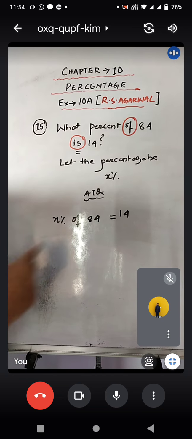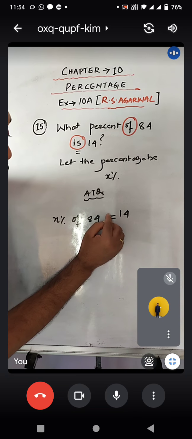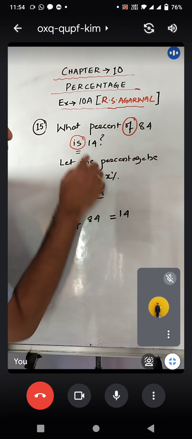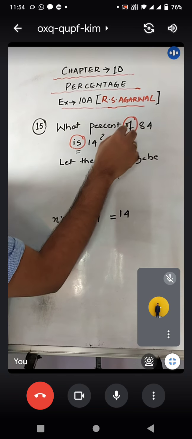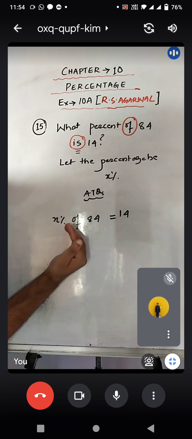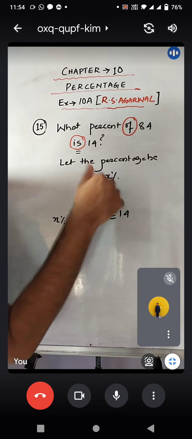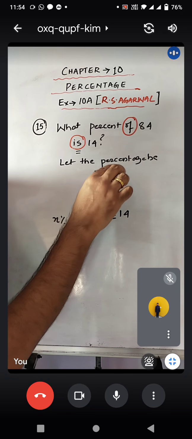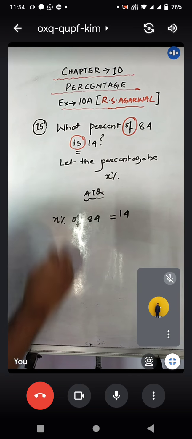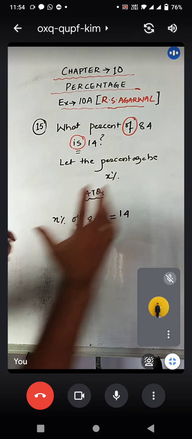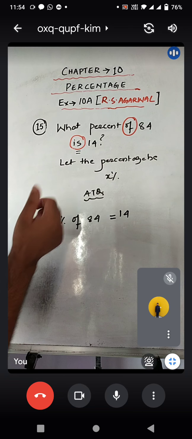Okay. Always remember that of should be on the left hand side and is should be represented as equals to sign. These 2 words are very, very important. Of 84, of any number would always be towards the left hand side, and is will always represent equals to, or gives. In place of is, sometimes it is written gives, G-I-V-E-S. Okay, so in that place you will write equals to sign. Now this is the equation. Now what you have to target, what you have to find out, is x.